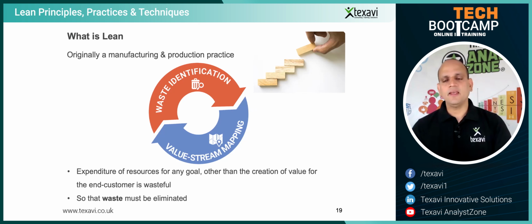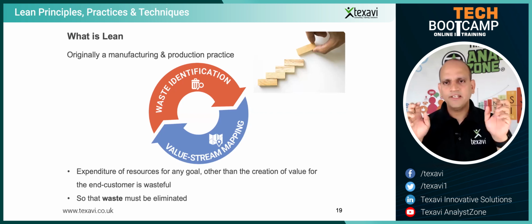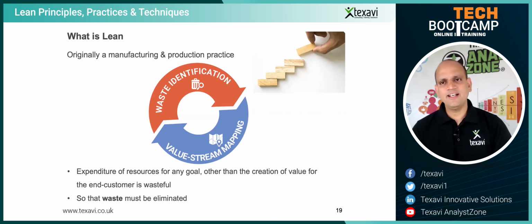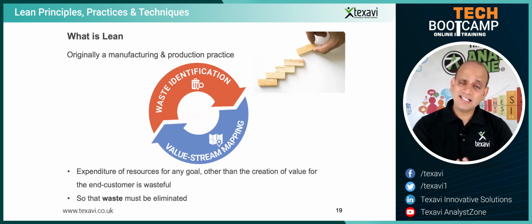That could be anything. It could be excess software, or too many features that you have put into your product. It could be the latest functionality that you've delivered through your product, device, or software that is not delivering any perceived value, and then that is waste. So it needs to be dropped, and a new feature, a new way of looking at it needs to be introduced. That's exactly the thinking of lean.